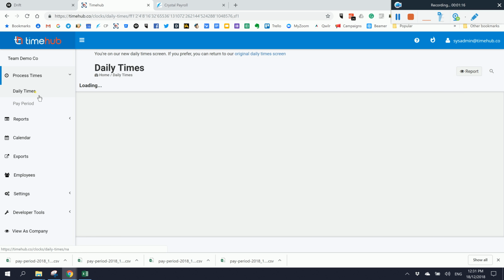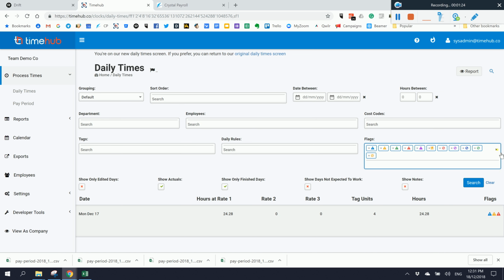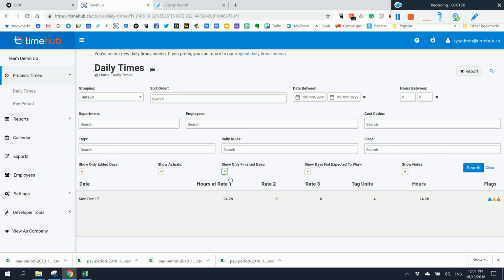a week that you want to post to your payroll, and then the rest you want to do manually. So what you would do is you would come into Daily Times as you normally would. You would unfilter, so take out all the filter options. You would set it to not only show finish days because you want to include, if I was doing this on a Friday, for example, and I wanted to pre-process everything for next week, I would need to clean out